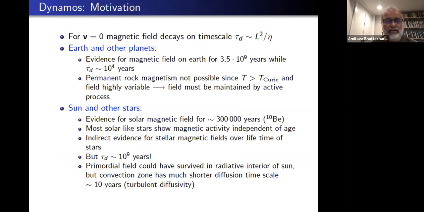So we now have a clear-cut motivation for dynamos then. For V equals 0, you have nothing but diffusion. And by the way, as Dana pointed out, that resistivity that is sitting here, I talked about the Spitzer formula giving you a value much smaller, and whether the Spitzer resistivity really holds or not is not at all clear,